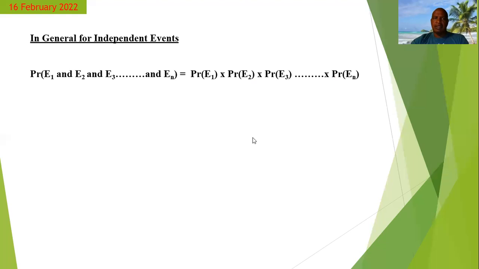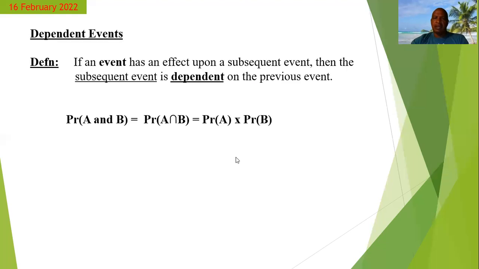So that was independent events. And now we're looking at dependent events. Now, I'm going to read the definition for dependent events, and somebody is going to tell me how a dependent event is different from an independent event, because they're actually different in terms of what is happening with the events. All right, so let me read the definition, and then somebody tell me how the dependent event is different from the independent